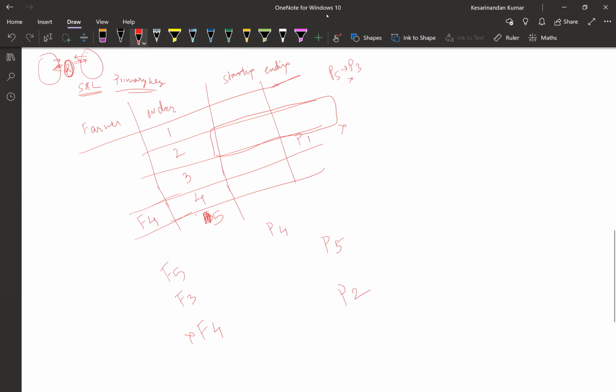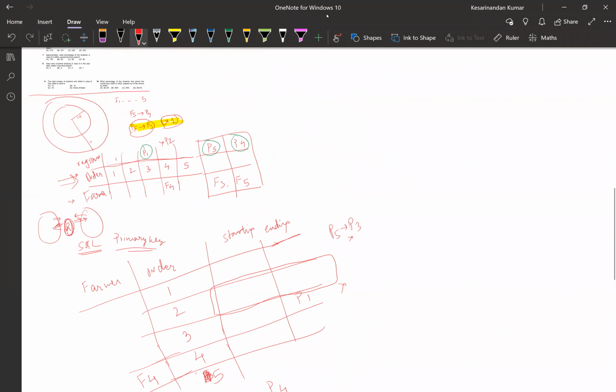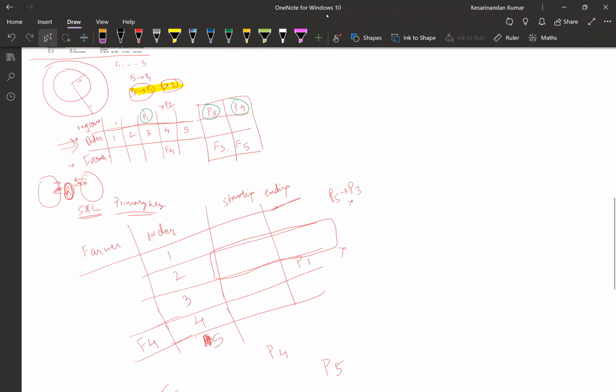For stage 2 we cannot have P1, that is out of the equation. No, so where was it? Sorry, stage 3 was it? Did I miss something? Wait a second. I guess I missed one piece of information. That was, stage 3 finished at point P1. Why did I mark this one? And the work was not given to farmer F1. Okay, yeah, this is the part I missed.